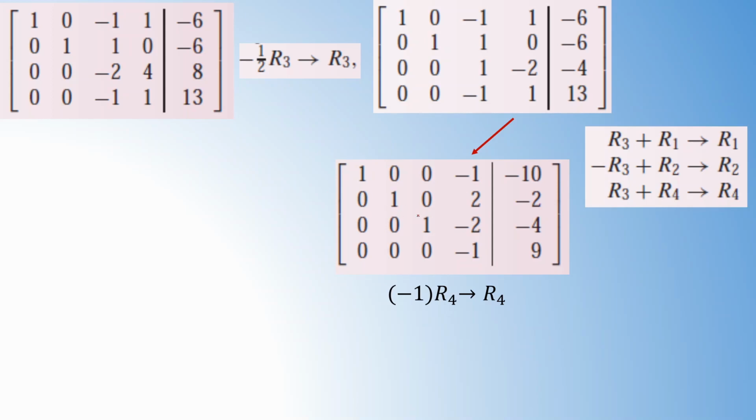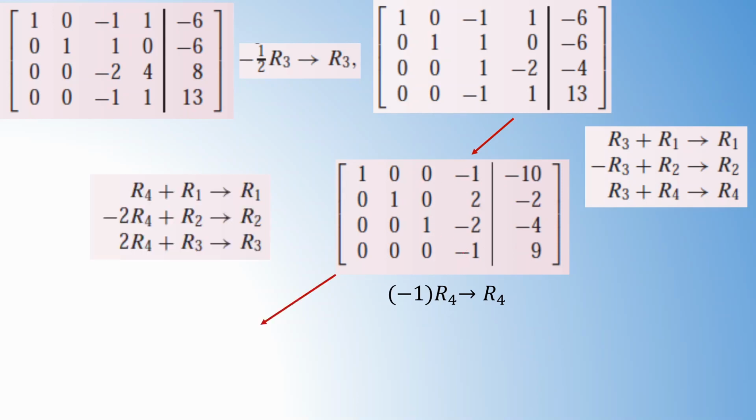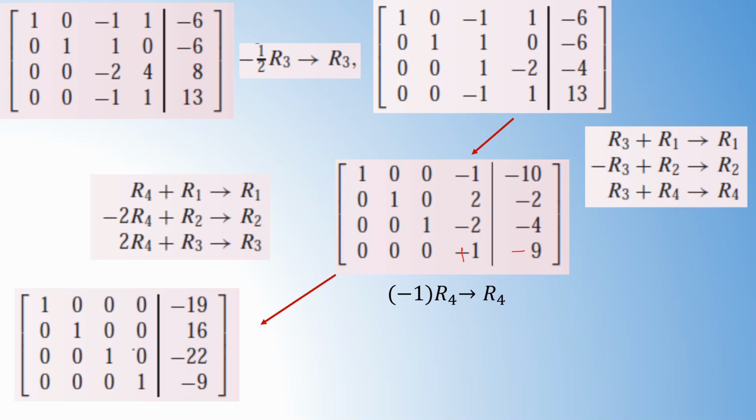To make this one into 0, you multiply plus 1 by minus 2 and add it to the third row. So you will get 0 here. You can directly add the fourth row into the first row, so you can make this entry into 0. These operations we can write simultaneously, and then you will get the corresponding matrix in this form.